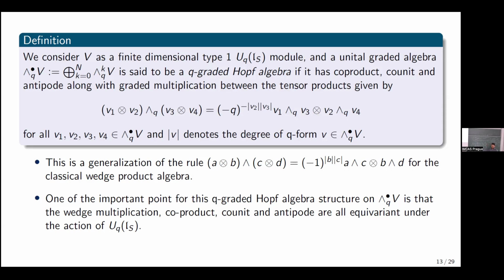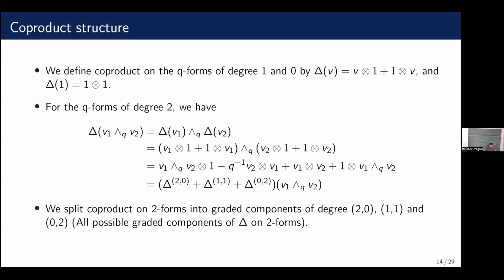And the most interesting part of this is in the second point I have mentioned. It has to satisfy, because it's a U_q(l_s) module, all the multiplication, co-multiplication, co-unit, antipode have to satisfy the U_q(l_s) action. You don't specify the coproduct, you just say there should be one. Yeah, so here is